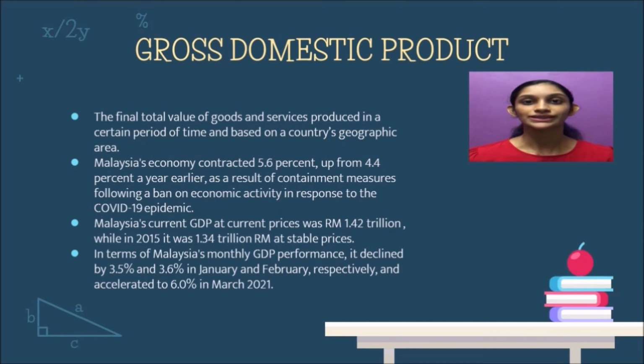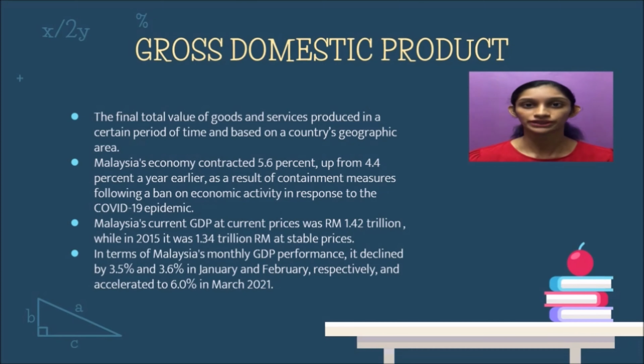Gross domestic product is the final value of products, goods or services that are produced by a country at a certain period of time. In March 2020, the Malaysian economy contracted by 5.6%. This is due to the COVID-19 pandemic, while in 2019 it was only 4.4%. The current monthly GDP performance was declining from 3.5, and now it has accelerated to 6%